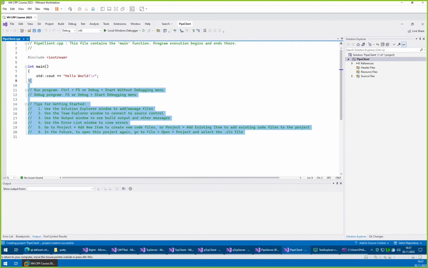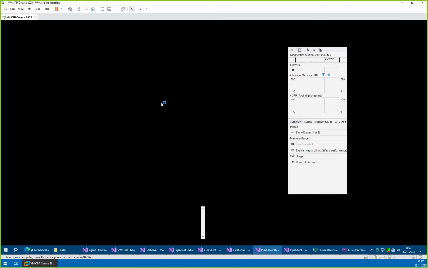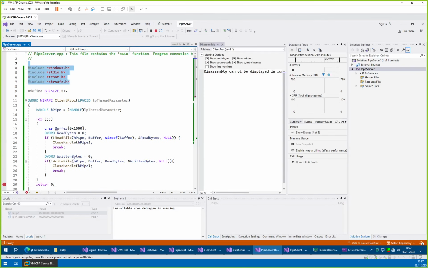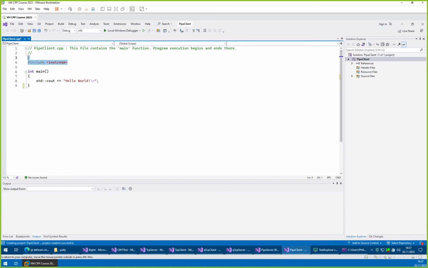Let's go to our pipe server and copy our includes. Okay, so. Rightio. So as said, it is quite a simple thing. We need a handle,